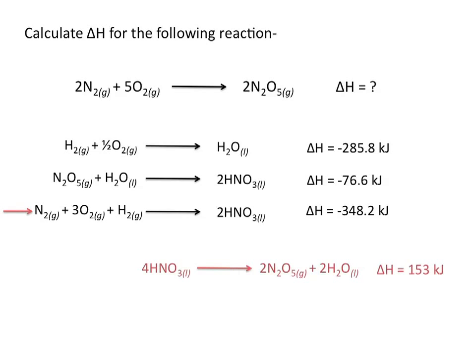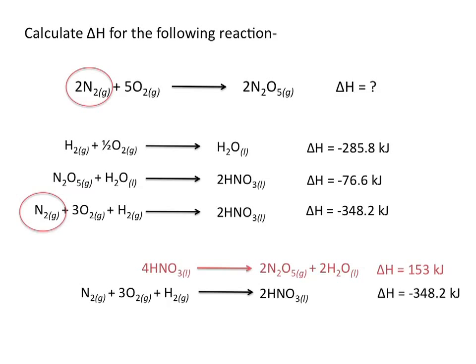Looking at the bottom equation, I'll see that I have N2 on the reactant side. And in my reaction of interest, I also have N2 on the reactant side. But in my reaction of interest, I have 2 moles of N2 on the reactant side. So in order to make this equation more closely resemble the reaction of interest, I need to multiply the entire